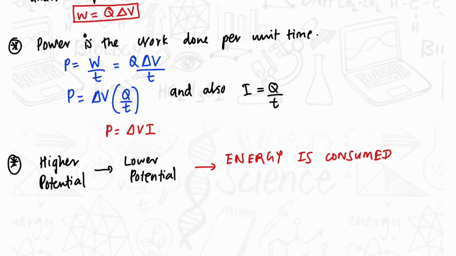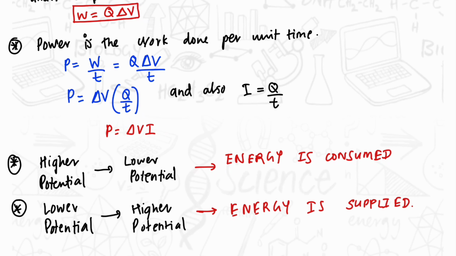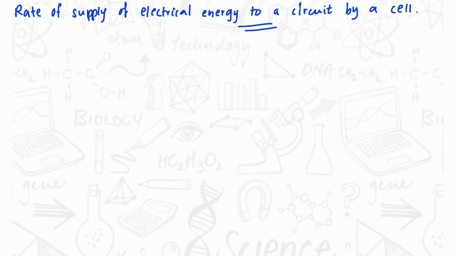Also, if current flows from a high potential to a low potential across a device, this device consumes energy. Similarly, if current flows from a low potential to a higher potential across the device, this device will supply energy to the circuit. Now we have to learn about the rate of supply of electrical energy to a circuit by